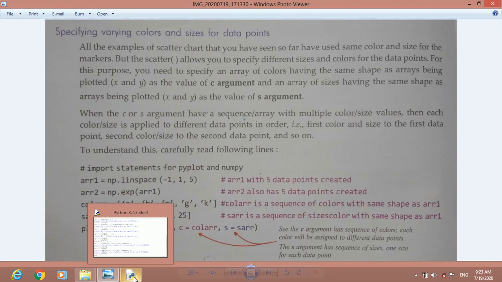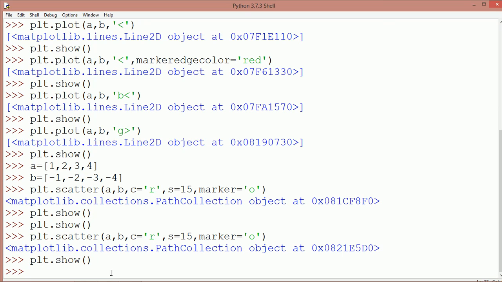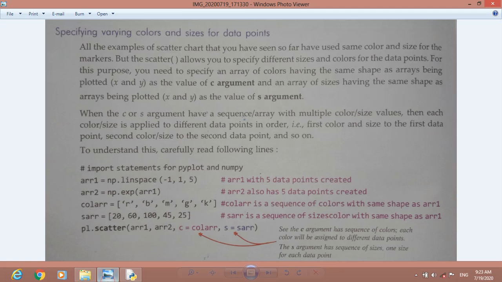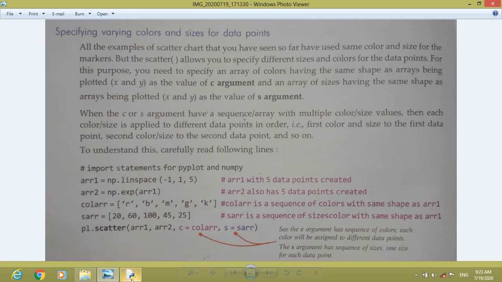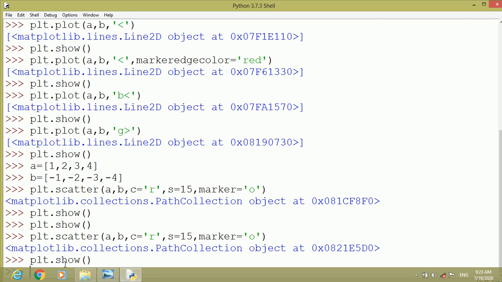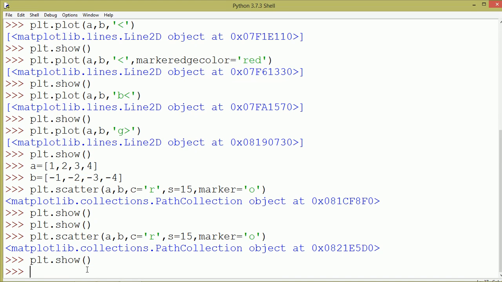Already we have imported. Just we have to create an array of linspace, then another array of exponential value of array 1, and then an array of color and an array of size. So let us create first array 1. Suppose array 1 is np.linspace.